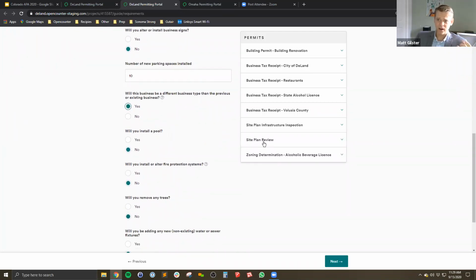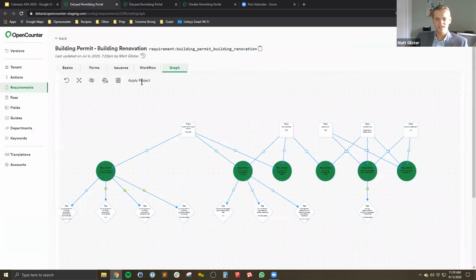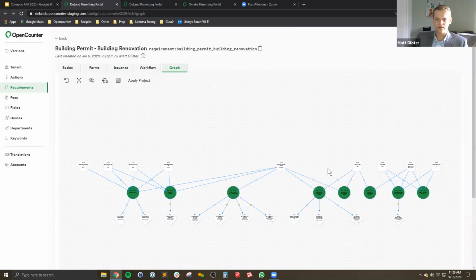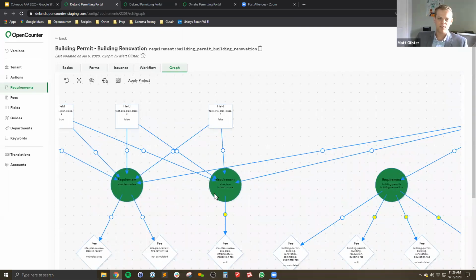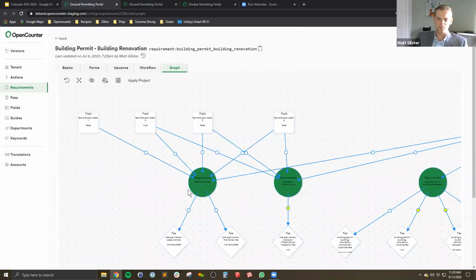Now what we have here is a requirement for a site plan review and site plan infrastructure inspection. So we have two new requirements. Let's go back to our graph, and we can actually see this update now that new requirements are going to be triggered here. You can see that we have all of our business tax receipts, we have our building permit, but now because of one small operational change, we have a huge amount of complexity that has just